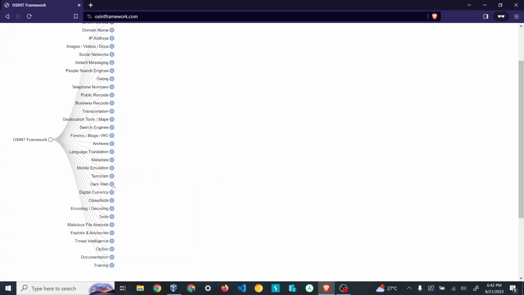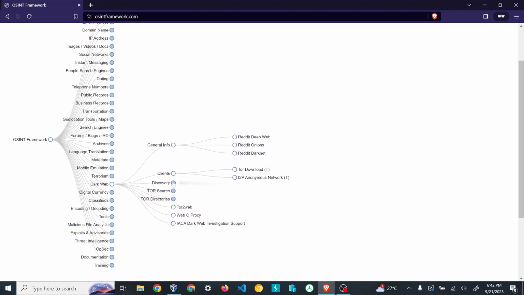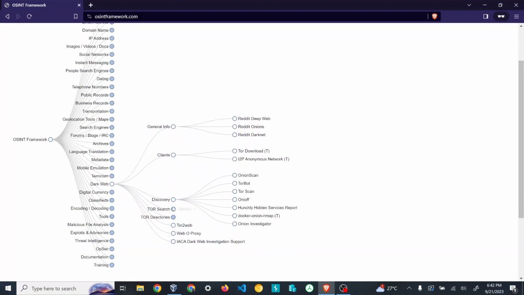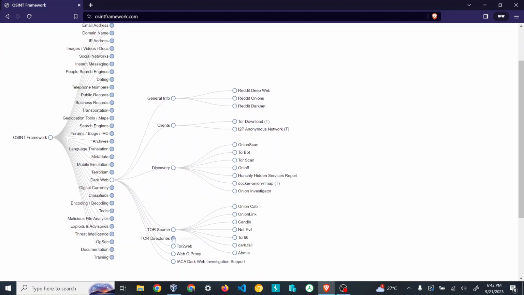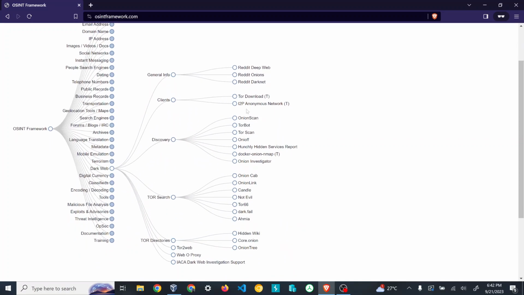And if you want to access the dark web, which is very much not safe, but if you want to access the dark web, you can see that these are the ways you can do it. There are a lot of ways you can access the dark web. One is the well-known way of Tor. I2P is well-known, but you can see a lot of ways are there. And here you can see hidden wiki is there, and digital currencies,